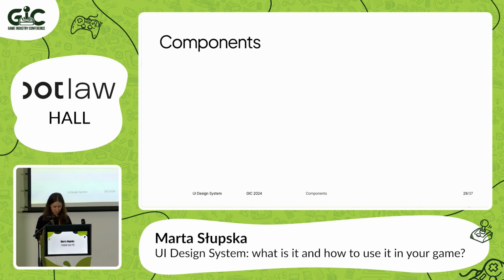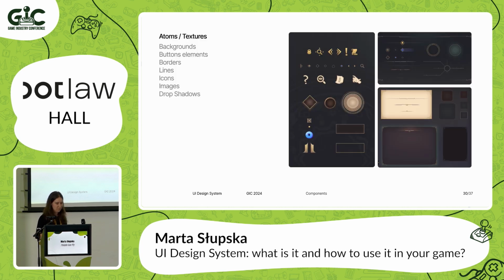Yeah. So now let's talk a little bit about the components, and we will go back to our atomic design elements. The first one are items and textures. This is, for example, a background, some button elements, borders, lines, icons, images, and even drop shadow. It's very good to keep even those basic elements as components. So it's something you can reuse the instances of in your later work. If you decide that you want your textures to be a different color, you will just change the texture component, and it will replace in your later widgets, panels, screens, and so on.